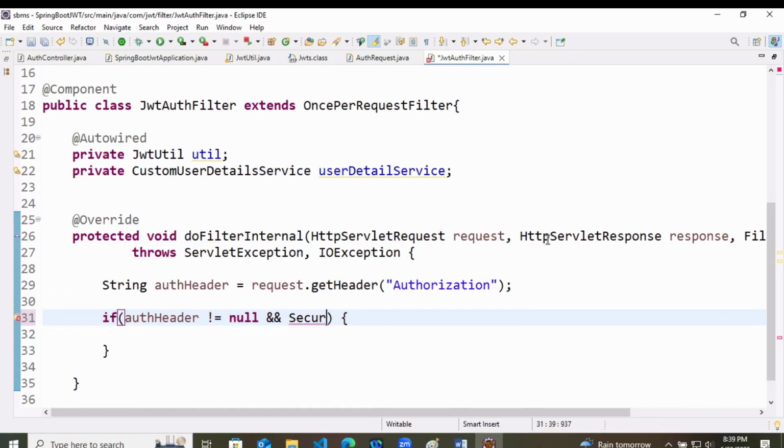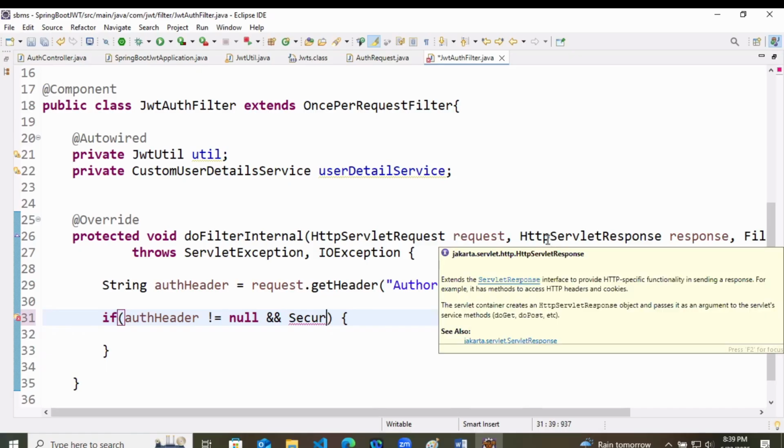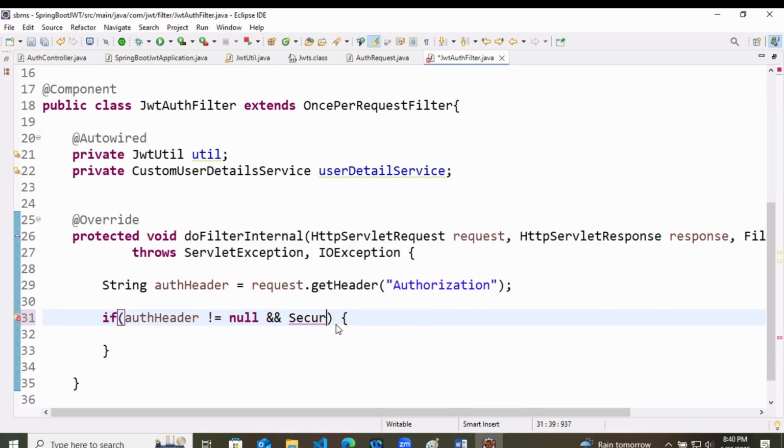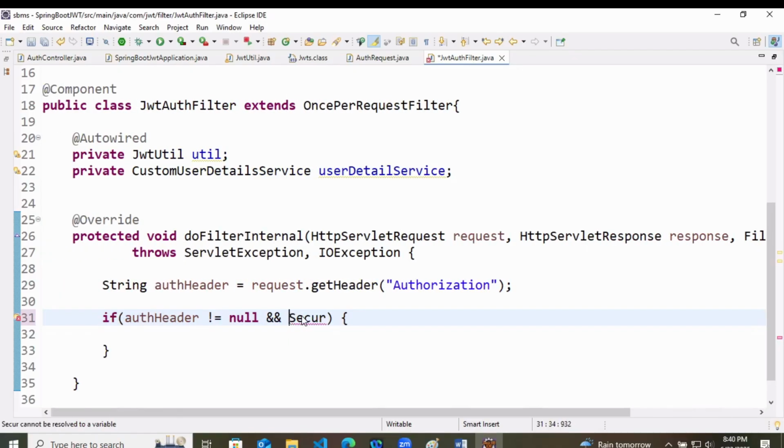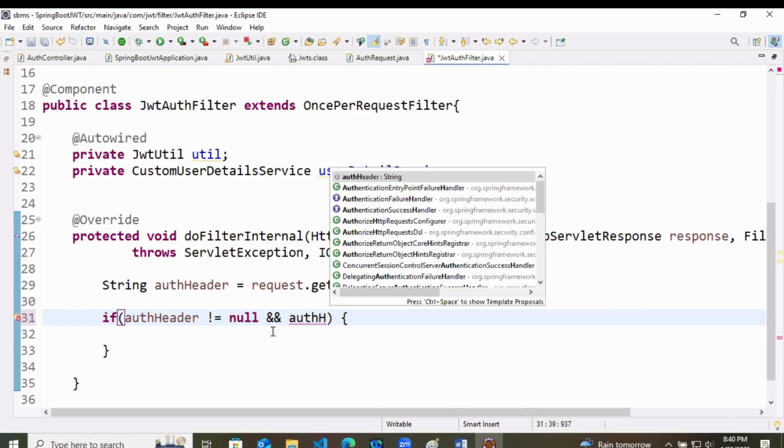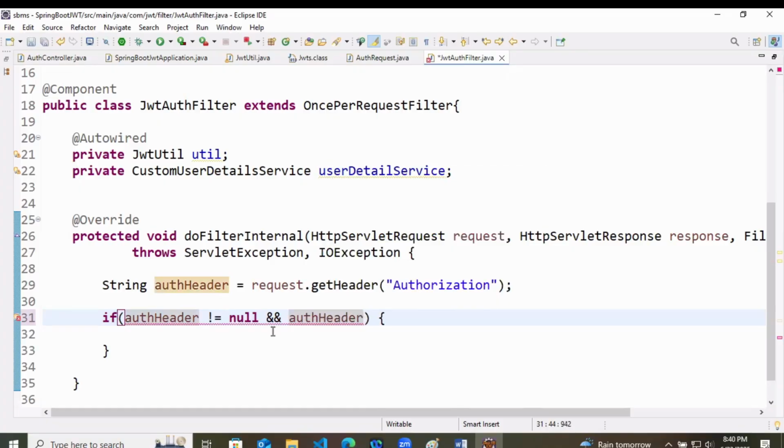First thing, the header is not null means whatever the user is sending, those particular values are here. And security, what is the object? Filter chain. Okay, so we'll not write security. Here, at first we will check if the auth header is not equal to null. The auth header is the request that you are going to send to localhost 8080 or wherever your port is running.